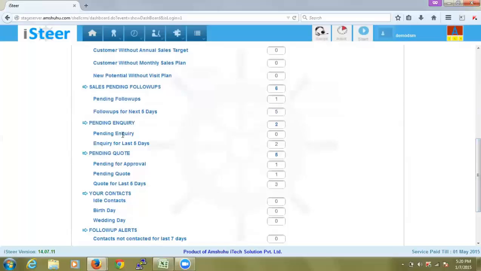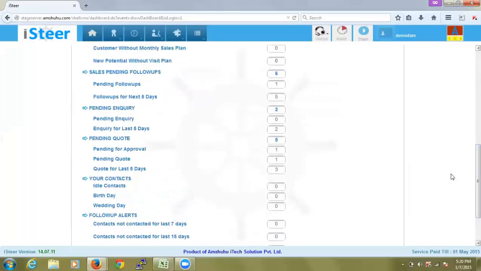We'll also be having pending inquiries, pending quotes, then the contacts that we haven't contacted in the last week throughout the last year. We'll be having one more thing in this dashboard, which would be pending visits. So any pending visits in the last 5 days would also be displayed here, similar to pending inquiries.